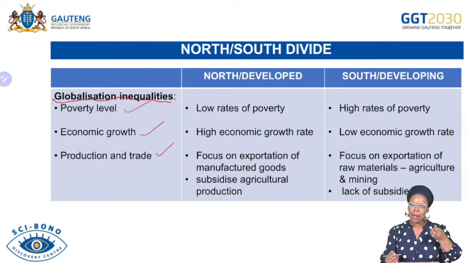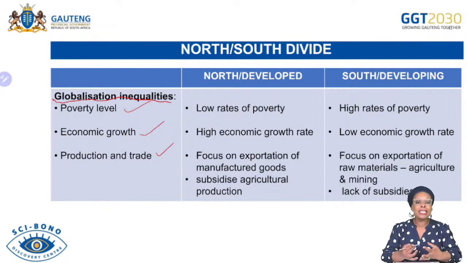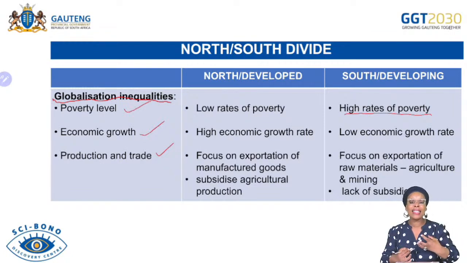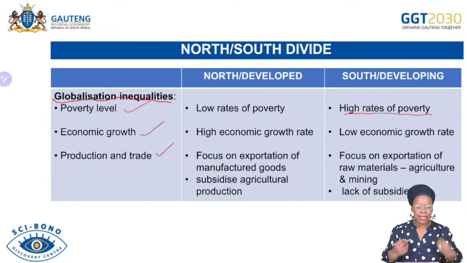So always remember, North countries have money, have enough income. So the level of poverty will be less because people in these countries can afford to satisfy their basic needs and services because there's also a high employment rate. But when you look at countries in the south, they are very poor. The standard of living is less. There are those who cannot even manage to satisfy their basic needs and services.